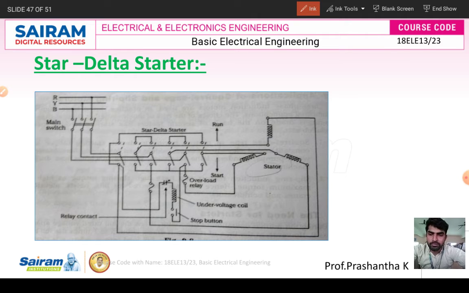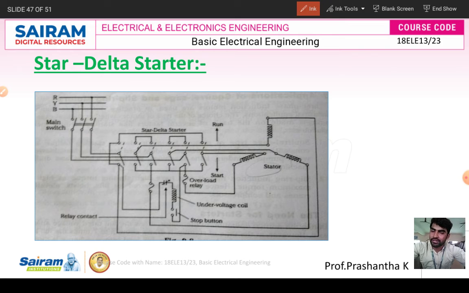Supply we are giving from the main switch, that is RYB is the input, and the main switch. At the time of starting, IL is equal to what? For star, IL is equal to I phase. If you consider in terms of IL in terms of delta, the current will be reduced by 1 by 3 times, or 1 by root 3 times. Torque also reduces by 1 by 3 times, and voltage VL also reduces by root 3. So current also reduces by 1 by 3 times. That's why the supply voltage or supply current, whatever we are giving, will be reduced by 1 by 3 times.